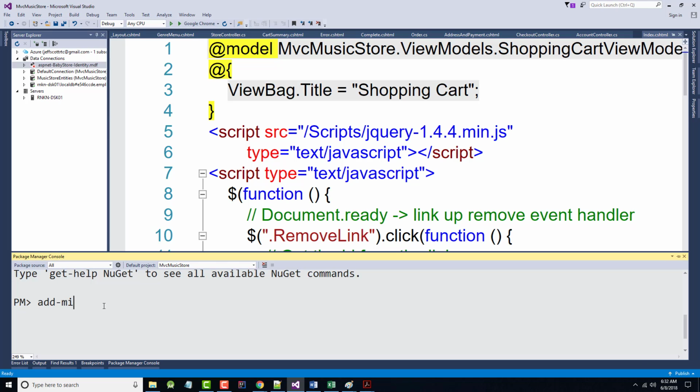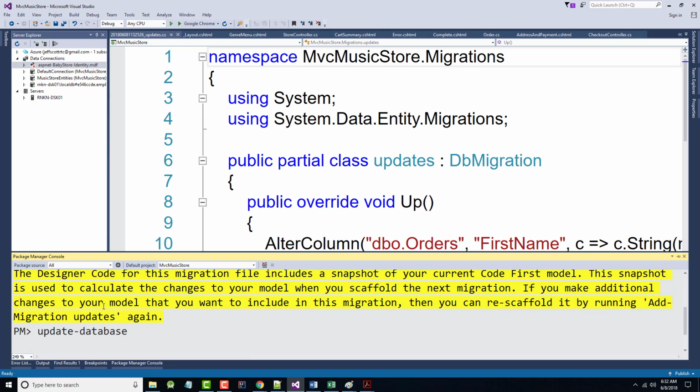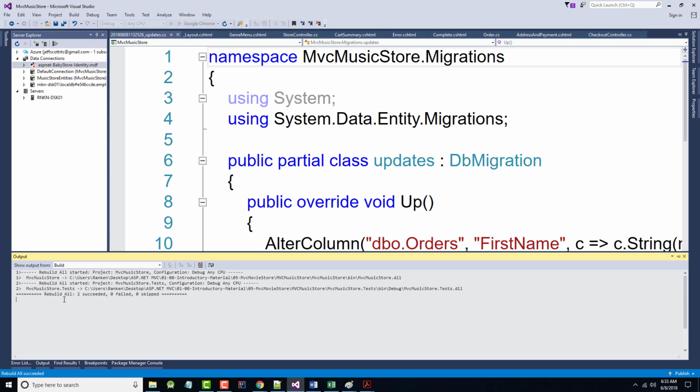Add-migration updates. I don't know. Probably should have saved and built first, but that's okay. Update database. Okay, good. Let's rebuild the solution. And I want to come up to my output here. Make sure that that's clean. It is. So let's one more time